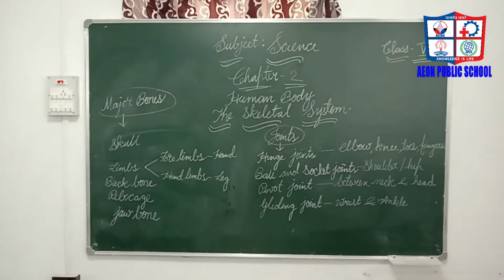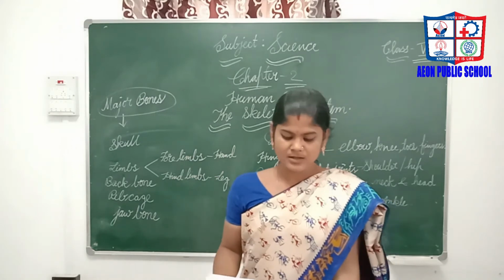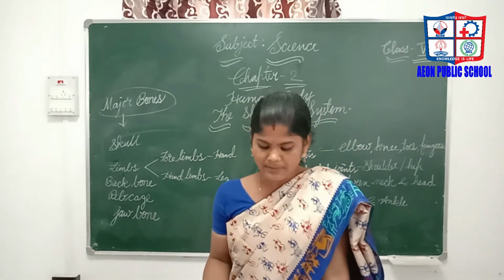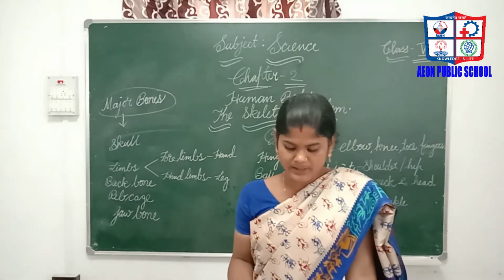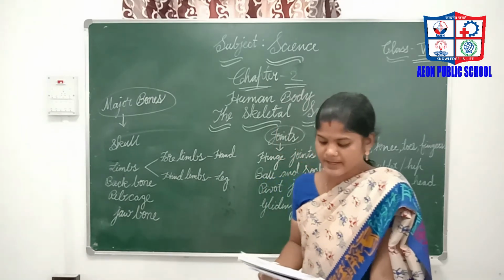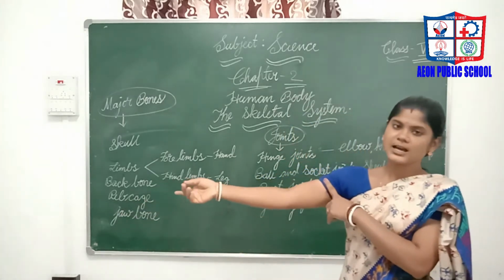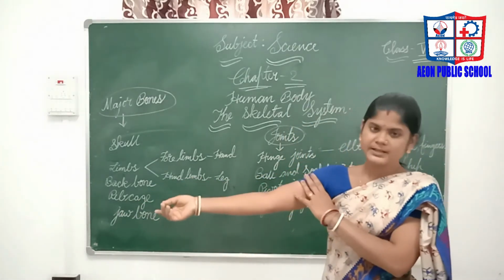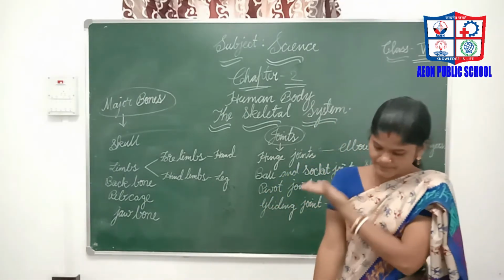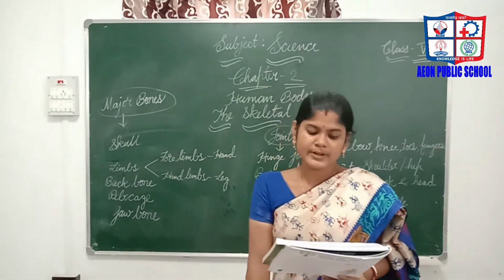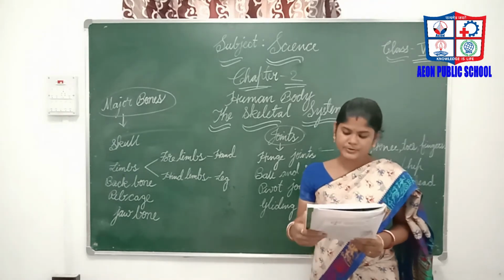Clear? Forelimbs, the arms, are divided into two parts, the upper part and the lower part. The upper arm has a single long bone called humerus. So just now we have seen humerus. What is that? The upper arm has a single long bone. So for example, let's see our hand. This is the upper part. So this part has the humerus bone, from here to here.